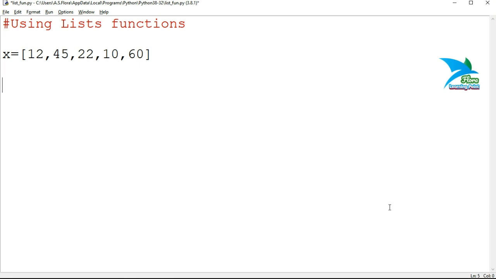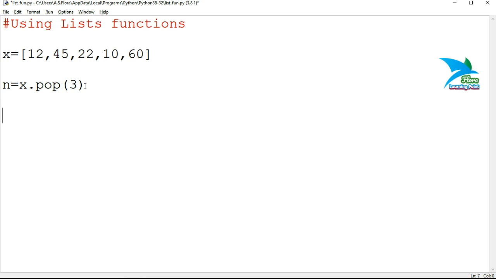Let's demonstrate how we can make use of this pop function. Presently I have a numeric list containing these elements. I'm going to declare n equals x dot pop, then I'll specify 3, counting 0, 1, 2 and 3. This element is available at the third index position. So we are going to remove the third element from the list, but before removing that element it will fetch and store the value of that element inside n.